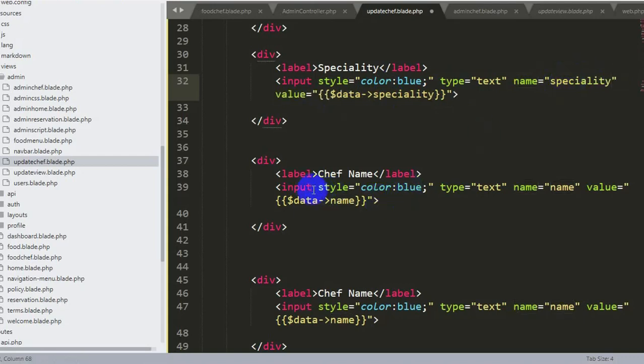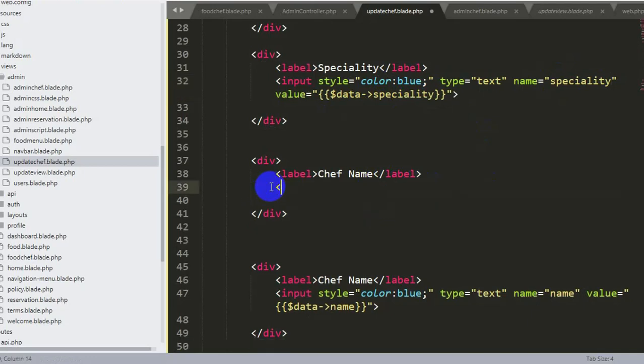Okay, now if you want to show images, then we need to use the image tag. So over here we'll say image, source is equal to slash chef image, then slash $data image.